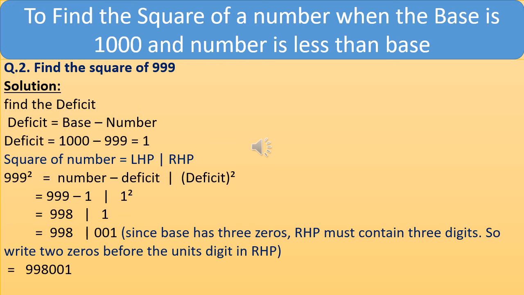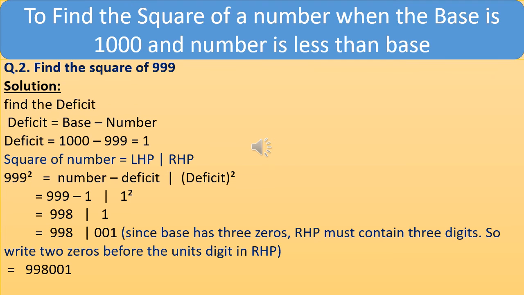Now 999 minus 1 is 998, and 1 square is 1. Now we will add 2 zeros in RHP. Since the base has 3 zeros, RHP must contain 3 digits. So write 2 zeros before the unit digit in RHP. So before 1 we will place 2 zeros to get 3 digits in RHP. So our answer will be